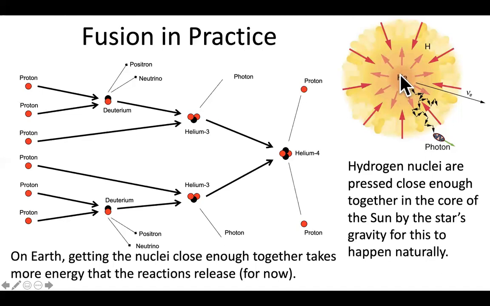The hydrogen atoms in the middle of the sun are undergoing these reactions. They are assembling into helium, which releases energy. That released energy is in the form of motions of particles and light. This is what is powering the sun, these sorts of nuclear reactions. And we even know that because these nuclear reactions produce exotic particles like neutrinos that we can see. And the amount of neutrinos we see is totally consistent with the rate at which nuclear reactions should be occurring in the center of the sun.